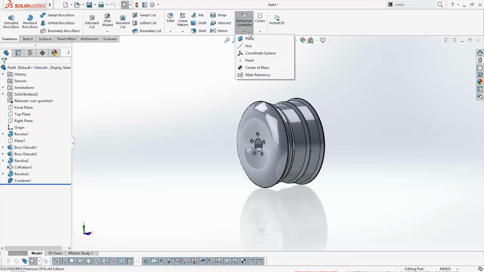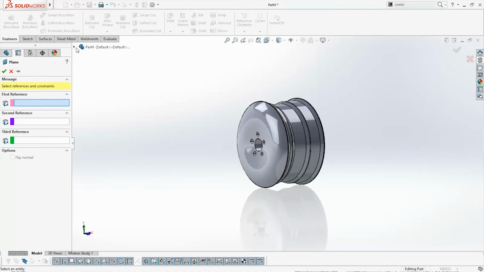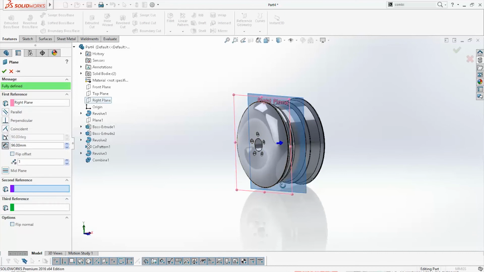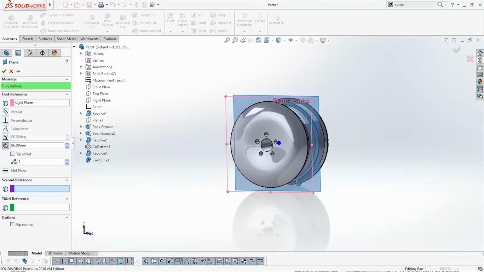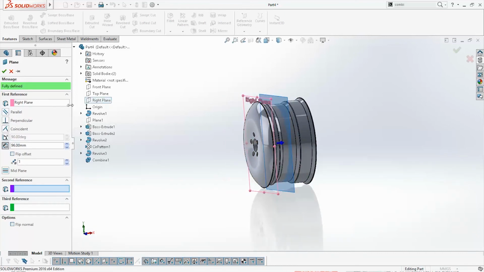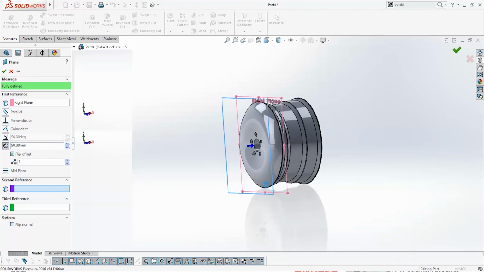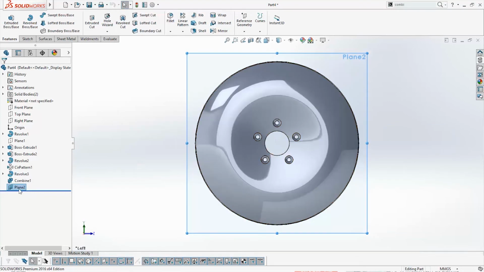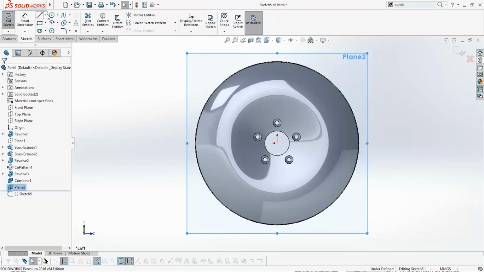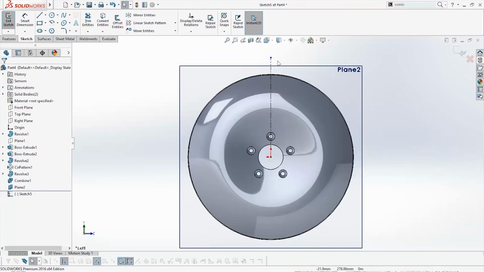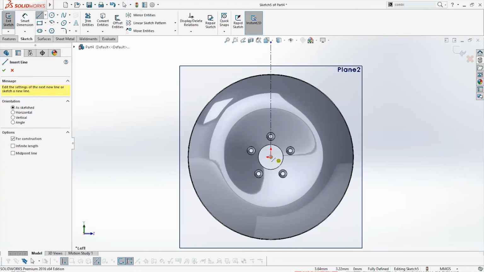Now again create one plane that will be parallel with the right plane and will be 19 millimeters away from it. Click OK and start a new sketch on plane 2. Use center line, one more center line,